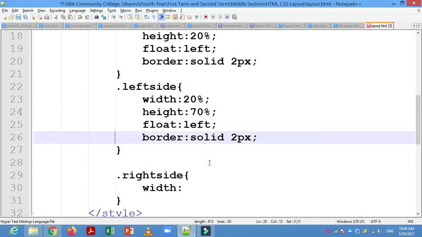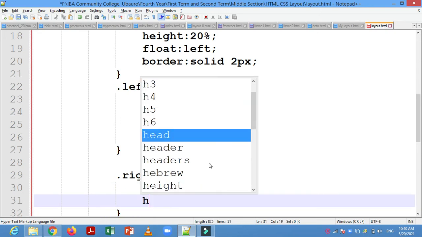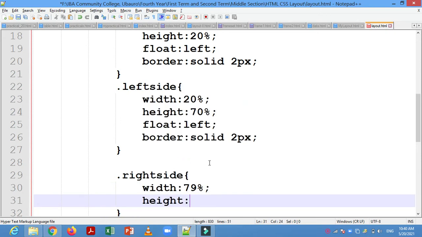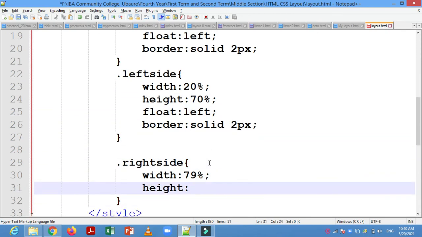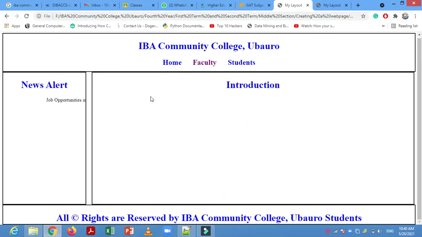Okay. So here I am putting right side width is equal to 79% and height will be the same means 70%. So here I have to write down the 70%, and then float, here I will write down right. Why? Because left side will start from left and right side will start from right, then this gap will be possible, okay.